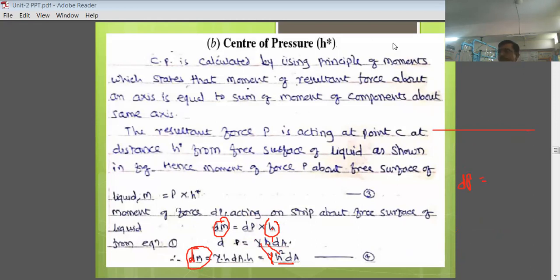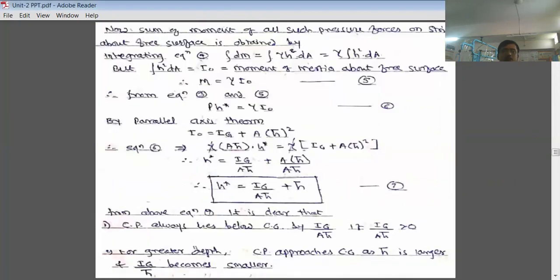हा झाला एका सिंगल स्ट्रिपचा. Now what the principle of moment says is that the moment of the resultant, or the moment of the total force, this total pressure, must be equal to the sum of the moments of the components, right? Now here हा फक्त आपण एक M1 या ठिकाणी कॅल्क्युलेट केलेला आहे. तसंच आपल्याला M2, M3 हे सगळे कॅल्क्युलेट करावं लागतील. या सगळ्यांची ऍडिशन केल्यानंतर आपल्याला काय भेटेल, you will get the moment that must be equal to the moment of that total pressure force here.